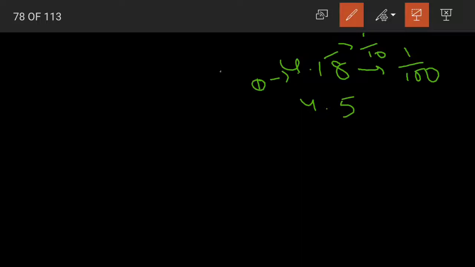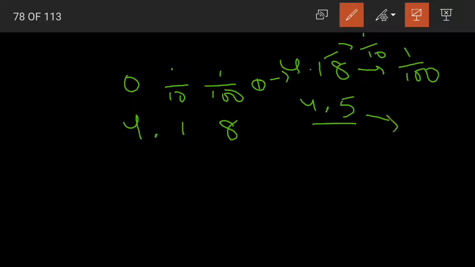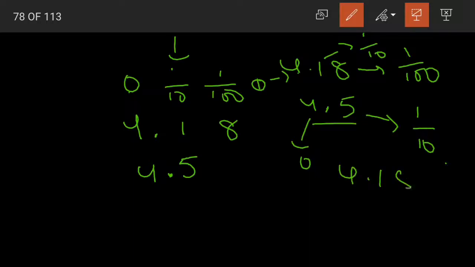Yes, this is the whole number part. It is in ones place. So I'll write it like this, 4 in ones place, then 0.18. Now coming to 4.5. 5 is in tenths place, so 5 should be written here. Then 4 is in ones place, so 4 should be written here, and then the decimal point. Understood? We should not write it like this, 4.18, 4.5. This will be wrong, children.